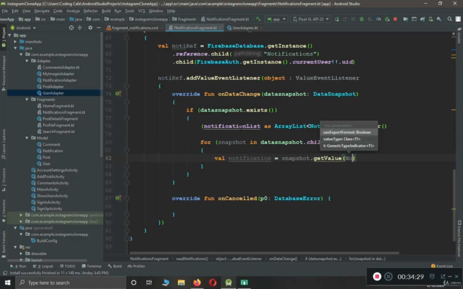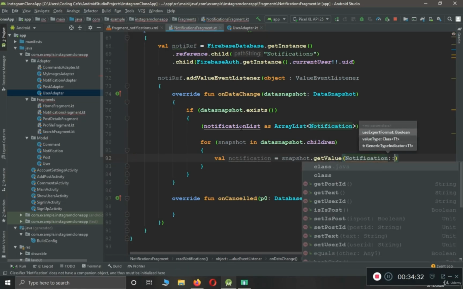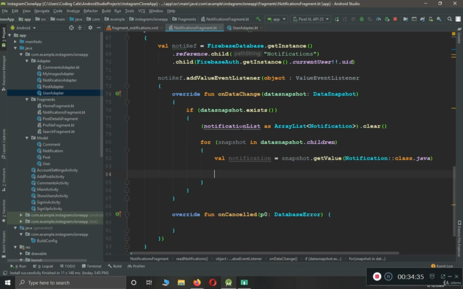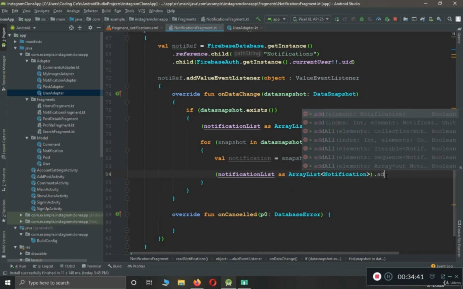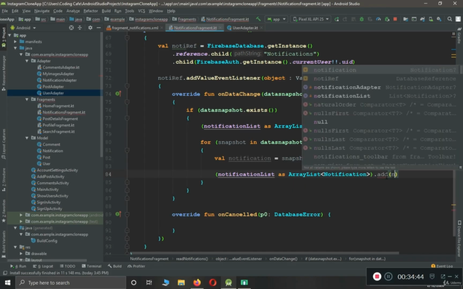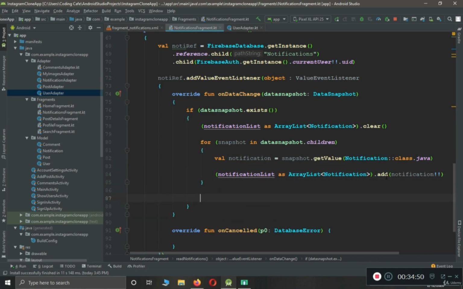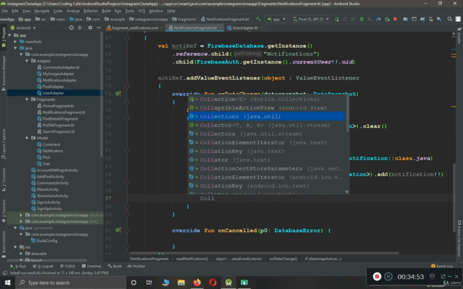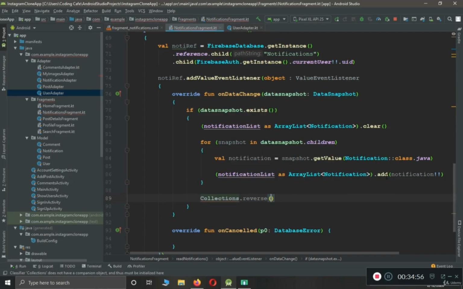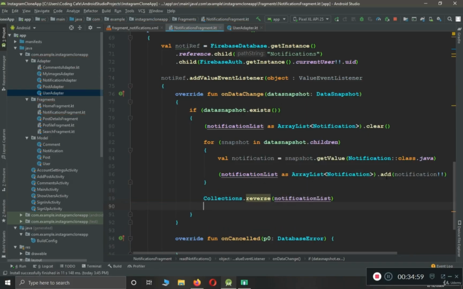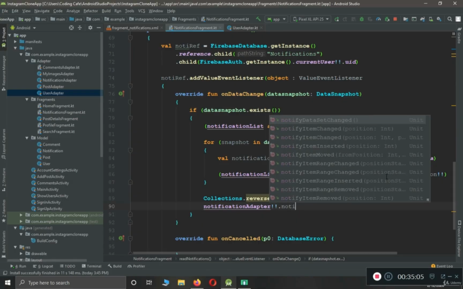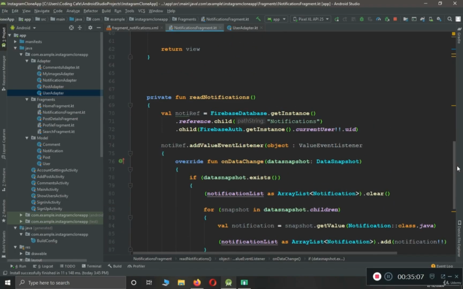Notification class.java. Notification as a list got paired notification. Collections dot reverse notification list. Notification adapter dot notify data set changed. So that's it. Now we have to go back to our notification adapter